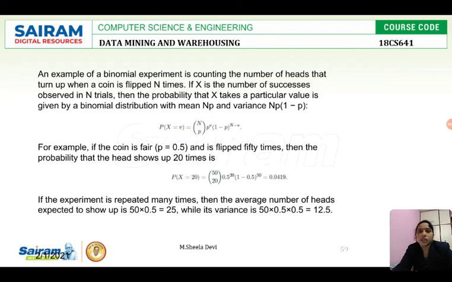So with this, if we apply this formula, for example, if the coin is fair, that is p is equal to 0.5, as I said, 50%, and is flipped 50 times, how many times we are going to toss it? That is the number of trials. n is 50 now, so we are replacing n with 50, since the number of trials is 50 here. And the probability that heads shows up 20 times: the x value is given, that is 20. So 0.5 power 20